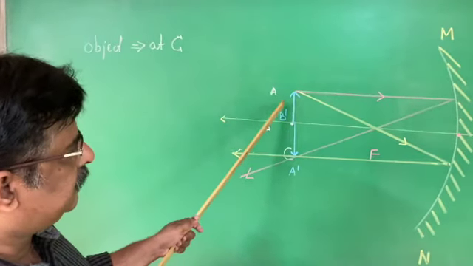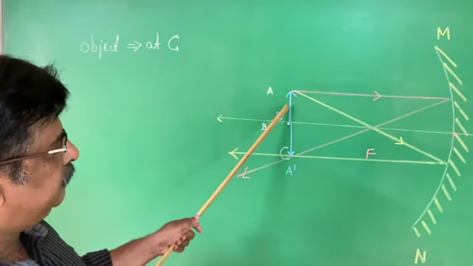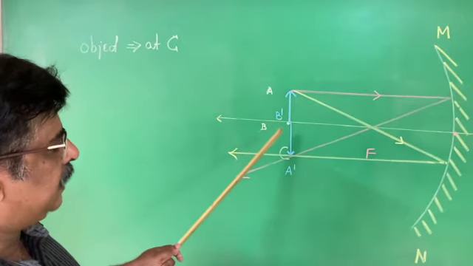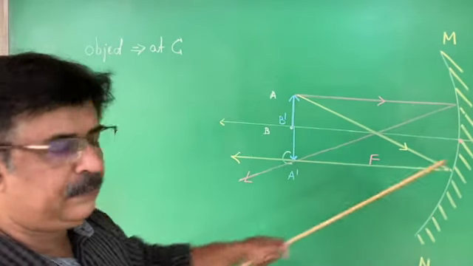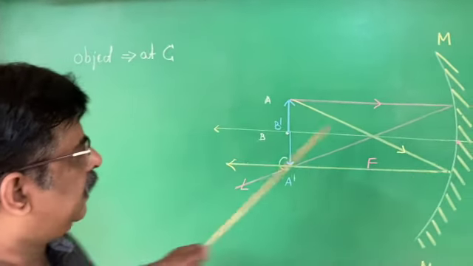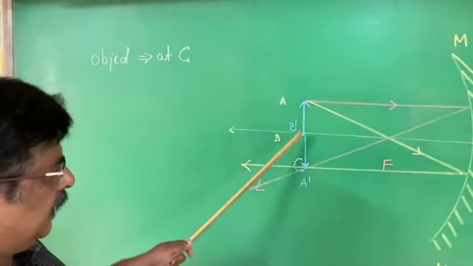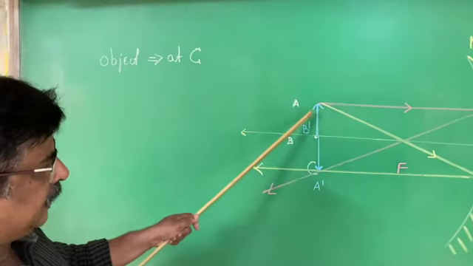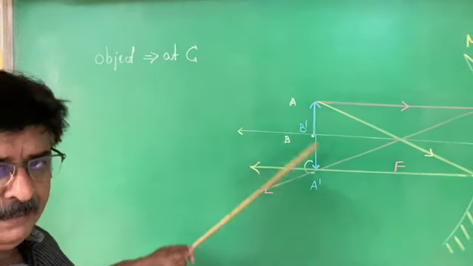Now it is a schematic representation. When the object is placed at C, image is also formed at C. But we have not taken any proper measurements here, right? And the image at C is in front of the mirror, therefore it is a real image. Real images are inverted. Size of the object and the image are same.